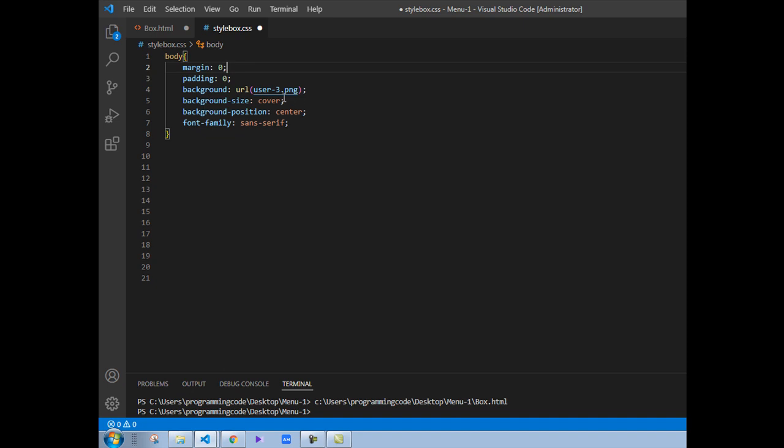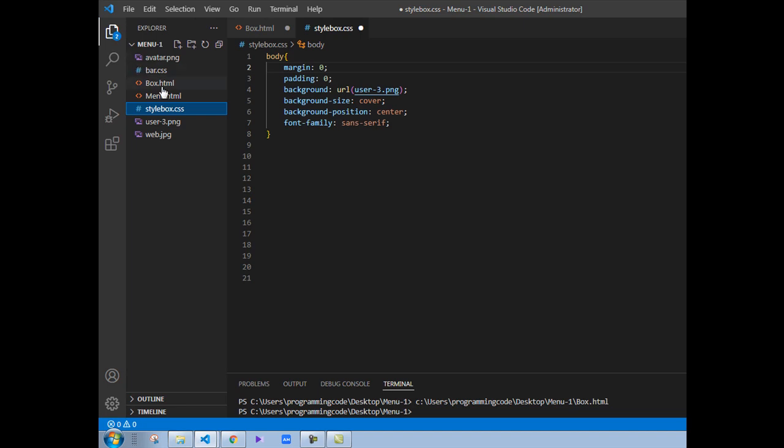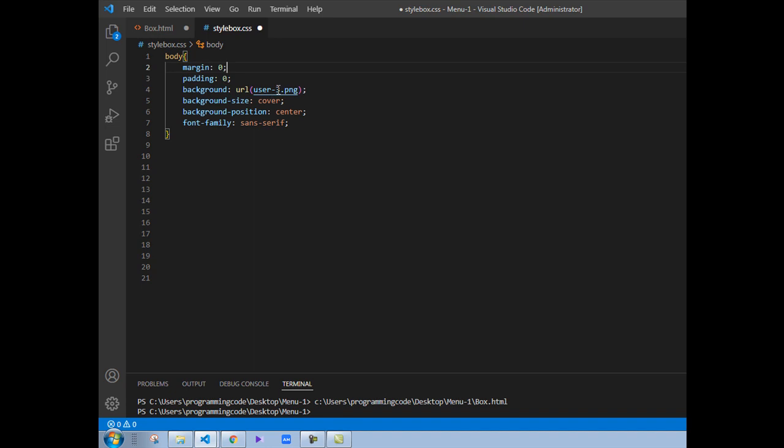HTML page. For this, first we should copy and save an image inside here, for example a 3 or 4 in PNG format, and then we can introduce it and put its name inside the bracket as the PNG format. And I've got the background size is cover, and background position is center, and font family is CSS. And then we have got